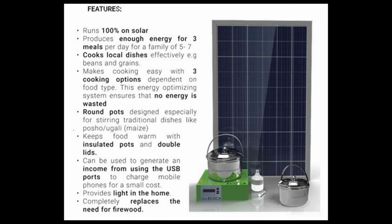The temperature is normal. And with each purchase, you will get 2 of those pots, because we got the feedback that one pot is just not enough for an entire family, because you want to prepare different dishes or different components of a dish at the same time, or they need to be stored